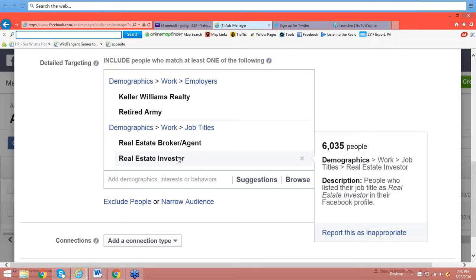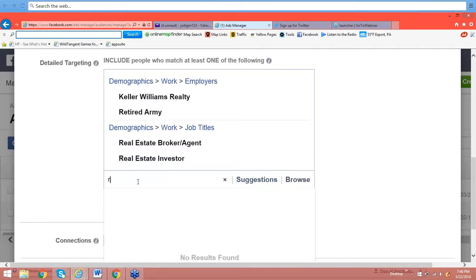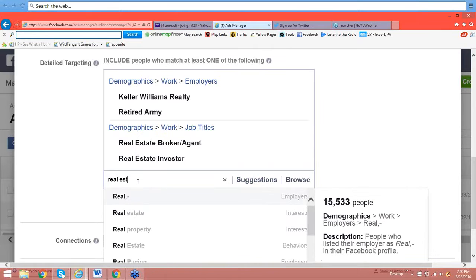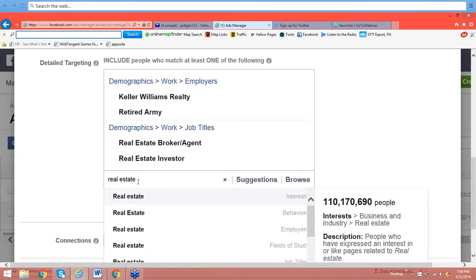And you see when I'm clicking on real estate investors, it has in the descriptions that it's people who list their job title as real estate investors. So that's always very important. Maybe you don't want to be as detailed, or maybe just stick with real estate, so it may be a little bit broader. Or if you want to really narrow it down, like Gary had said, see, look at our number, just entering real estate alone. But we were being a little bit more specific to real estate investors or a real estate broker or agent. So again, be creative with this, and think about exactly who you want your target to be. And you can change this at any time or keep adding a new custom target.